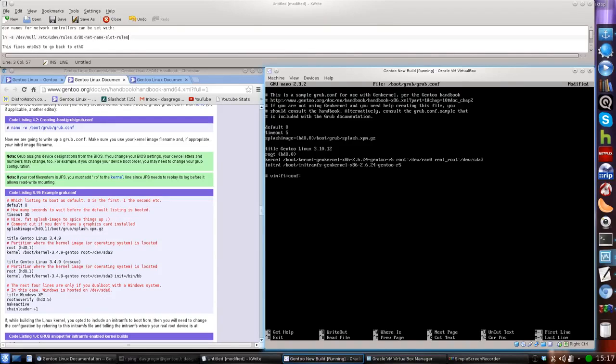Now root is HD 0,0, which is not true. HD 0,0 means this is the first hard drive, the first partition. Now if you remember, our first partition was our swap partition. So we need to change that so that it's our second partition. And that's the same as saying /dev/sda2. And in the kernel, it's going to boot the kernel, and we need to change this to match what's in